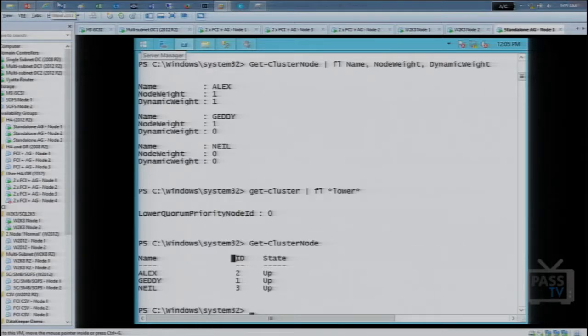Question. Does SQL 2014 support DFS paths for file share? So could you say that again? Does SQL 2014 support DFS paths for file share? What about, sorry, the echo is really bad up here. Sorry. Okay, I'll step back. Does SQL 2014 support DFS paths for file share? Yeah, so